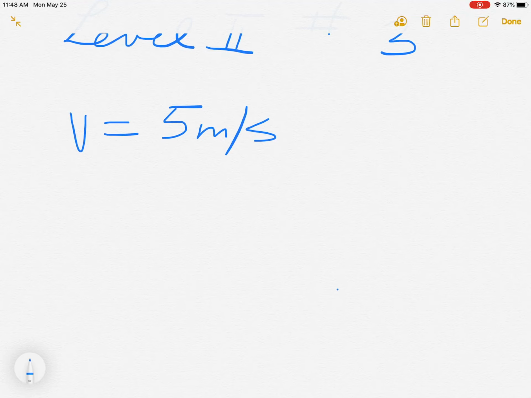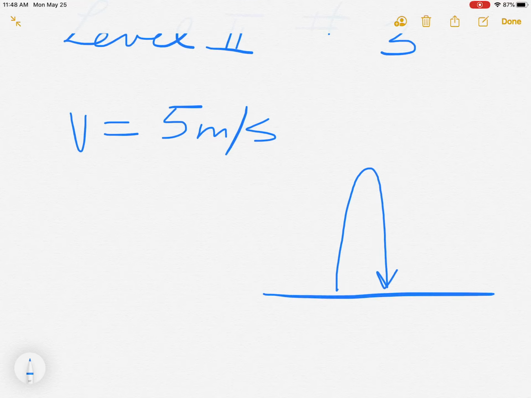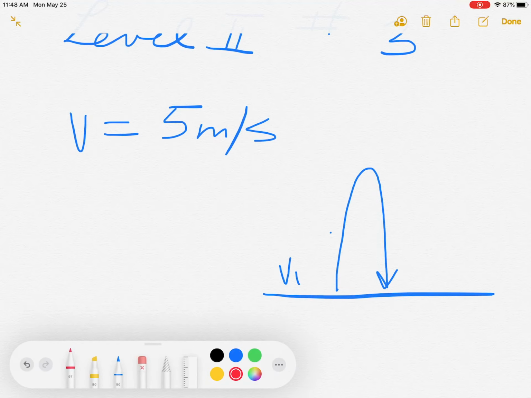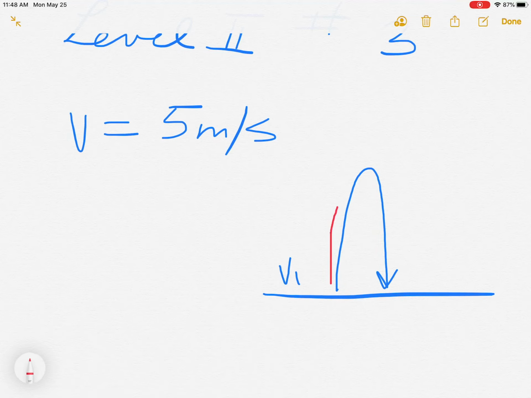Okay, so here's you when you jump. You jump up and you fall back down, right? That's how a jump works. And when we do a jump, we have to realize what happens to our speed. We initially start off by jumping with a high speed, but as we approach the top of our jump, we're slowing down, slowing down, slowing down, until up here at the top, our V2 is 0,